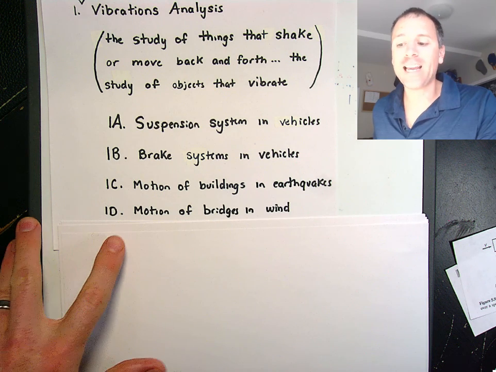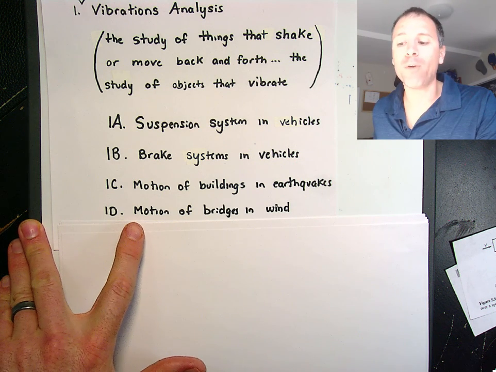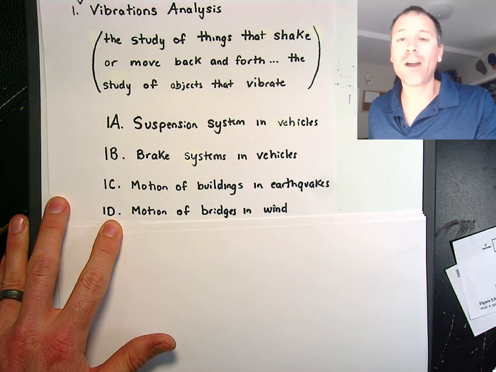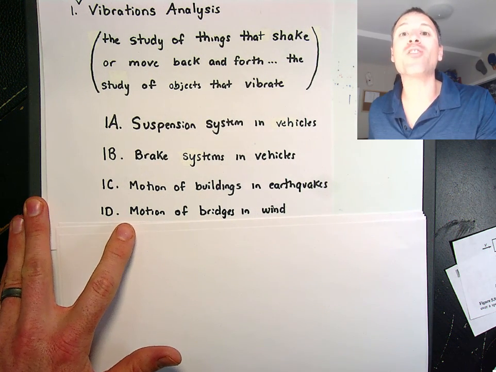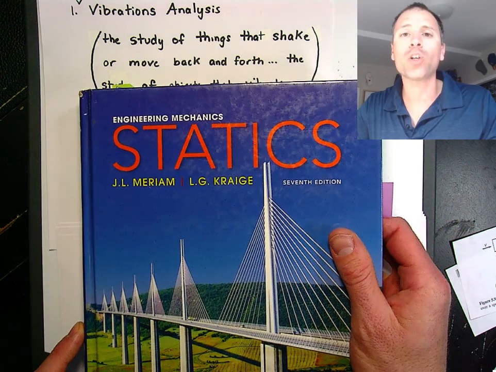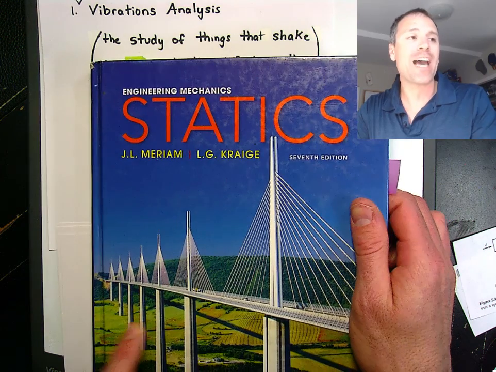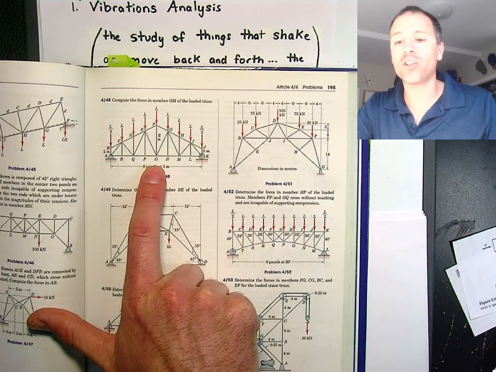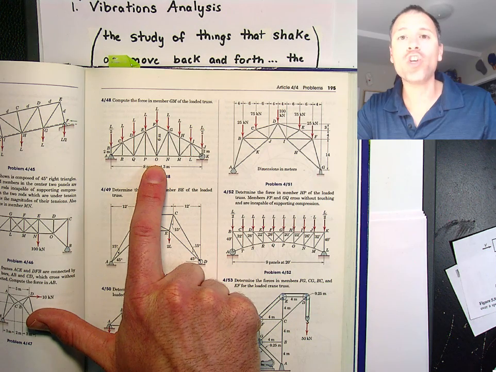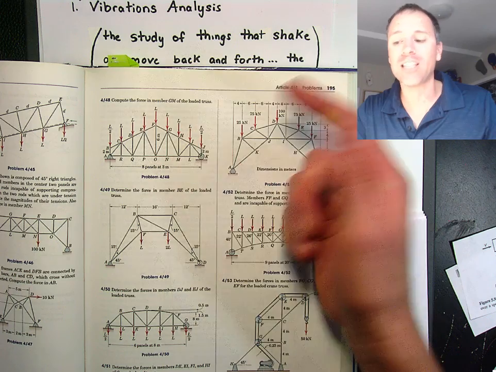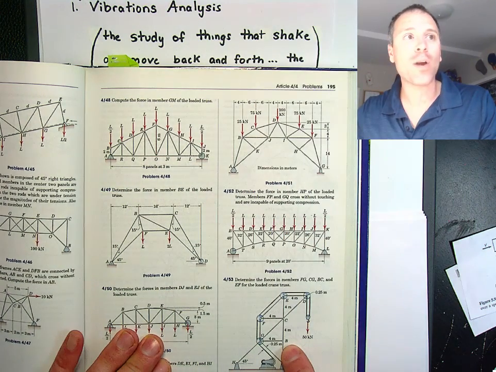If we wanted to up the ante even more, we could also talk about the motion of bridges in wind. This is a super complex problem and requires a ton of education to even understand the statement of the problem. I want to give a shout out to engineers that have to take a course called statics. On the front of statics books, you'll often see these bridges. And in fact, later on, there's something known as a truss system, T-R-U-S-S. Here are a bunch of different truss systems corresponding to designs of bridges and cranes.